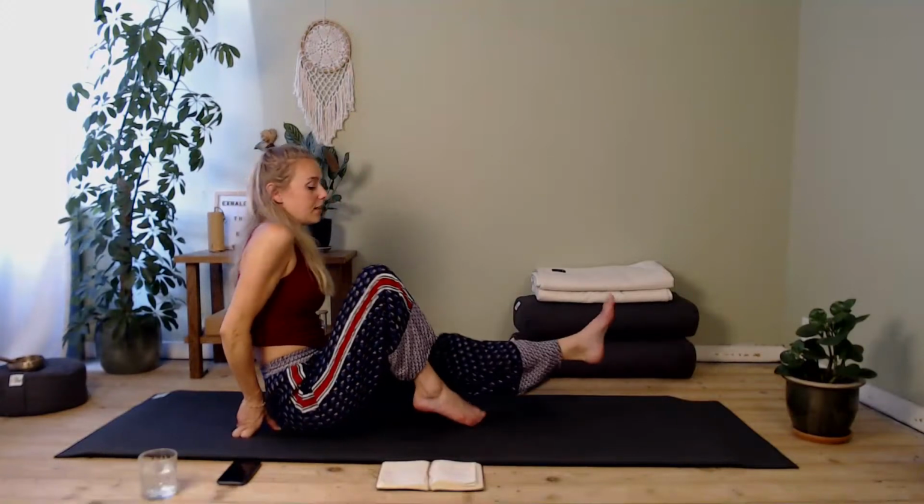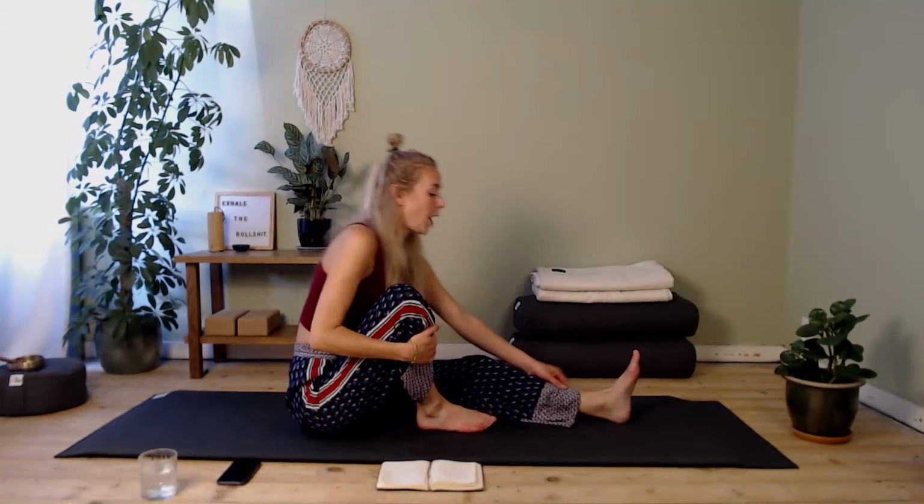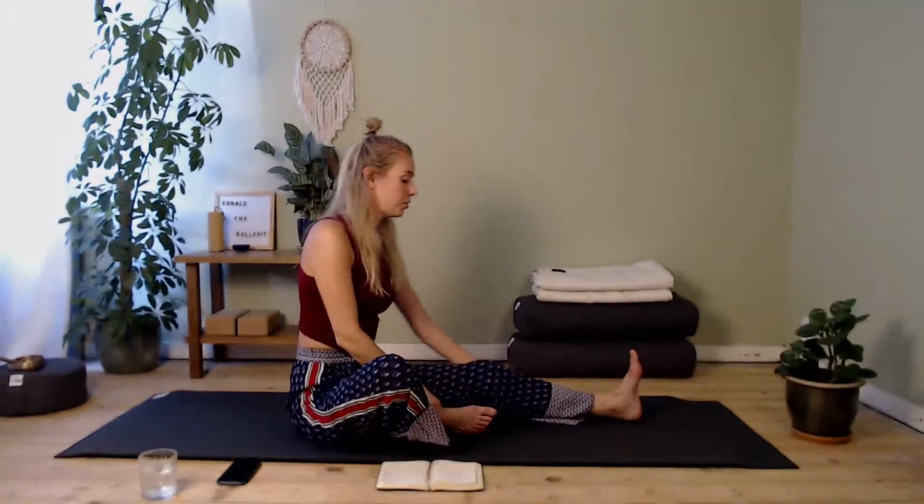And that is a half butterfly. We will be doing quite some asymmetric poses, so we can really pay attention to the different sides of our body. And we will start with half butterfly on the left side. So your left leg